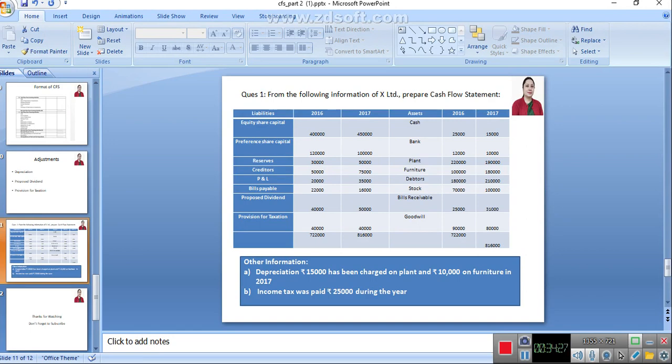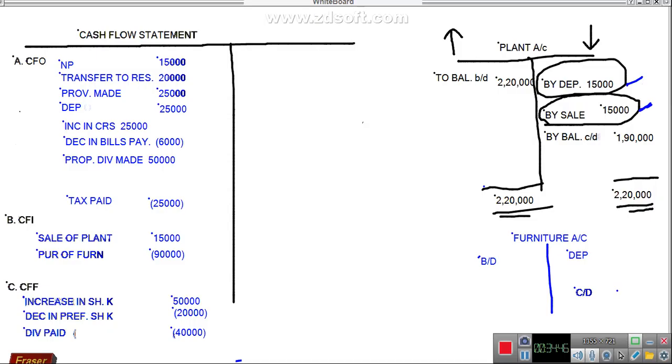Debtors is showing increase by 30,000. Stock is showing increase by 30,000. Bill receivable is showing you increase by 6,000. So here all these three assets are showing you increase. These increase in current assets will be deducted for calculation of cash flow from operating activities. So here, increase in debtors is 30,000, you have calculated it, it will be subtracted,